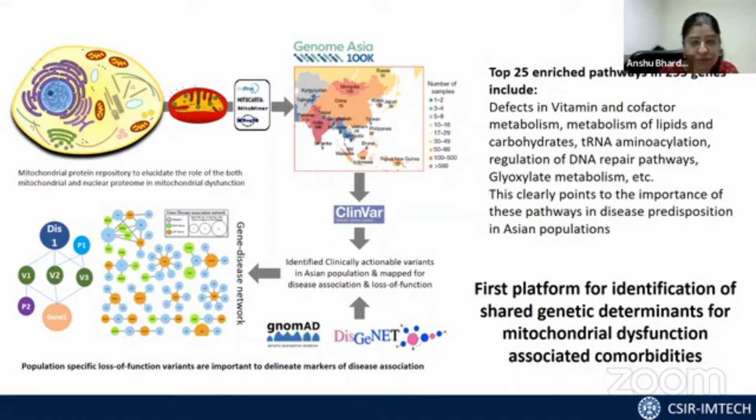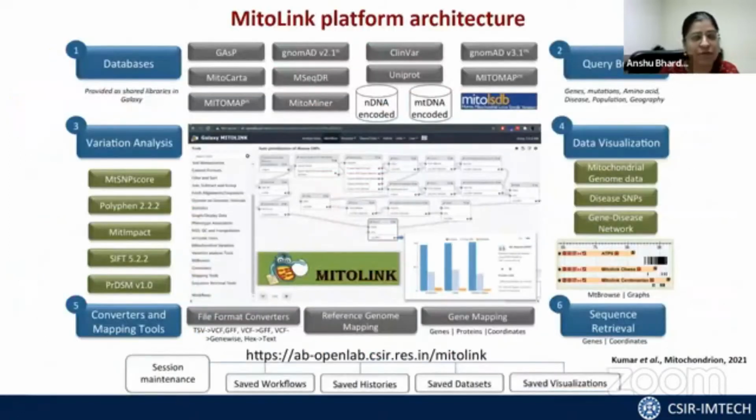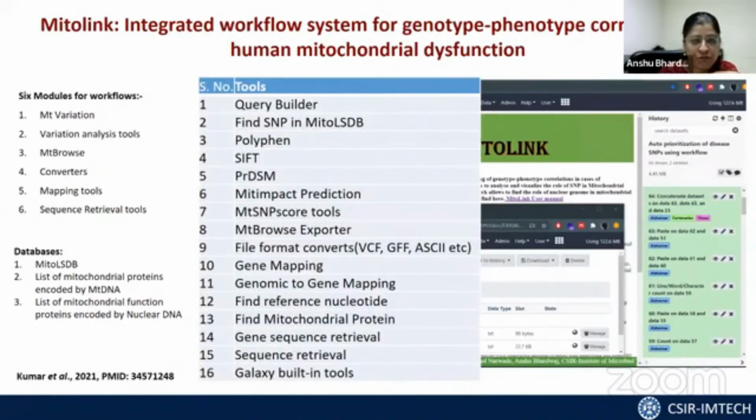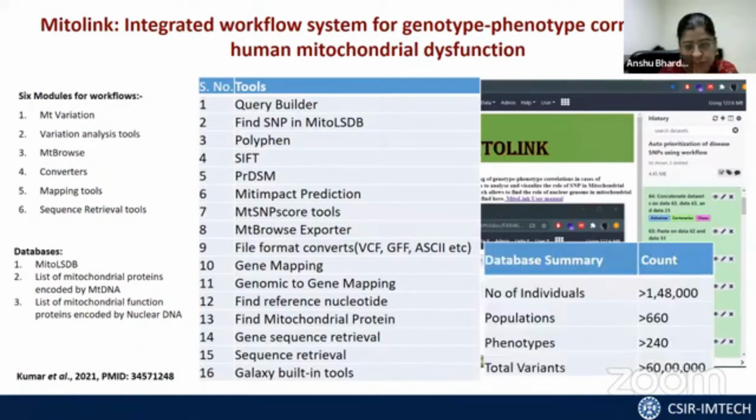But if any of you are already working on this kind of strategy, we have provided all of this resource as a workflow system in Galaxy. So no programming experience is required. If you have a question, you can come on this platform and generate all your own custom workflows on the fly. You really don't have to learn anything to ask questions. A lot of information is already provided as part of this platform, and we have already analyzed more than 150,000 individuals with almost 600,000 variations. It's a very large data set that we analyzed for this project.